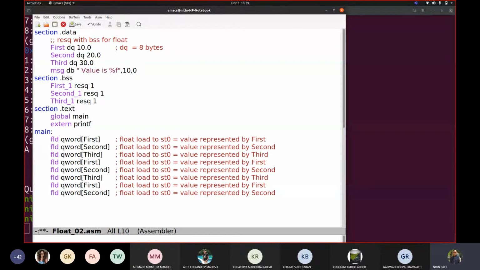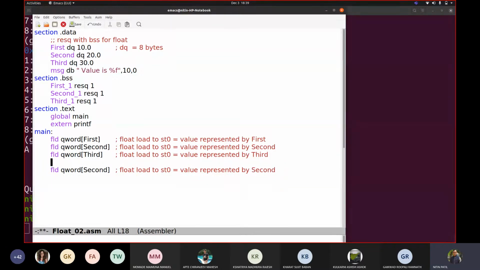So suppose we are declaring these three values. Now I assume you understood this FLD, everyone, so I'm removing the rest, since no question is there right now. Now we have these three values.